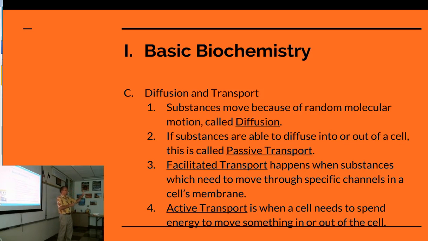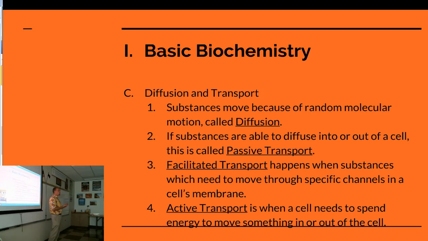Okay? Our classroom has a doorway, and that doorway is semi-permeable. People can fit through the door, which is good, because we're all people, and we should come to class and leave class at some point. But it is not permeable to rhinoceroses and elephants, right? Rhinoceroses and elephants cannot come into my classroom. If we wanted to let a rhinoceros or an elephant come into my classroom, we would have to open the wall up and make it bigger so that they could come in. Okay, now it's a silly example, but that's the concept of semi-permeable. Some things can go through, some things cannot go through.